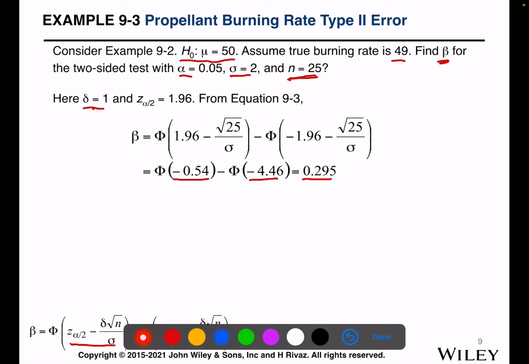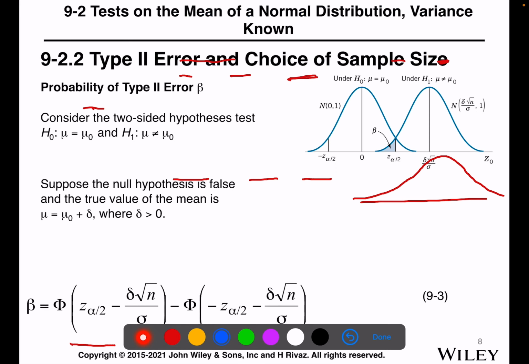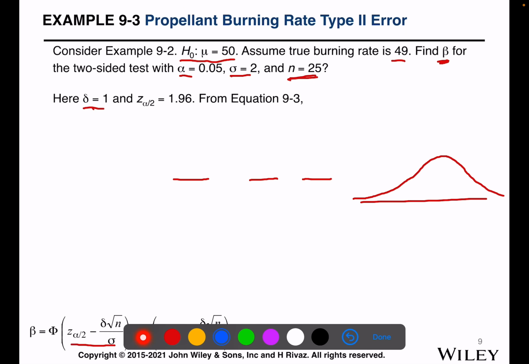Now let's try to plot what's going on. The correct mu is 49. I can draw the incorrect one in a red color, 50. So this is your incorrect mu. And your correct one, let's see what color we used. Here we used blue. We can continue to use blue for the correct one. So the correct one is going to be something like this. This is 49, this is 50, and this is